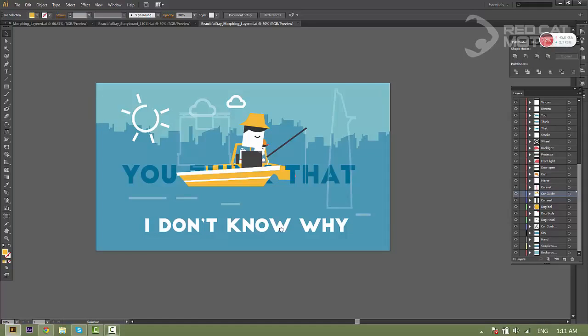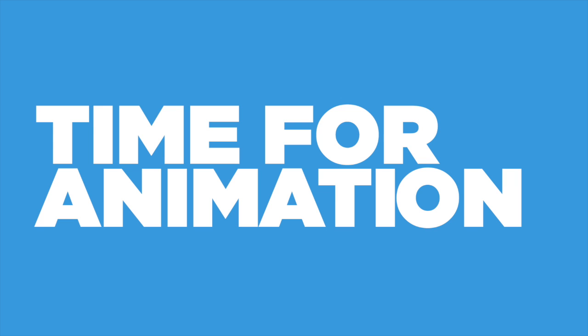Okay, let's switch to After Effects. This part will be more exciting than the layer separation part. From my observation, many of you take a long time to separate layers. Before separating layers, you should think about what parts you would animate and how. Some parts you don't need to animate, then you don't have to separate. Or there are things that you should animate, you forgot to separate, then your artwork flow will be affected. You have to return to Illustrator to fix and then readjust in After Effects. It will waste a lot of time. Therefore, in order to save time before you work, you need to think about what you will be animating. From there, you know how you should separate your layers.